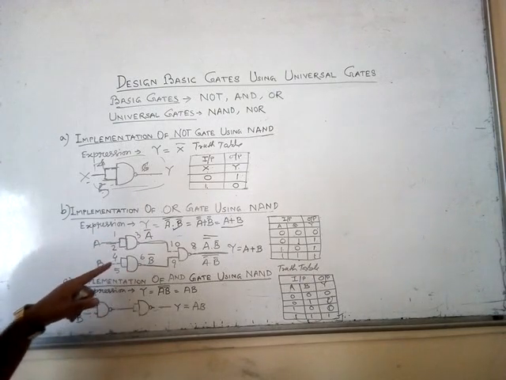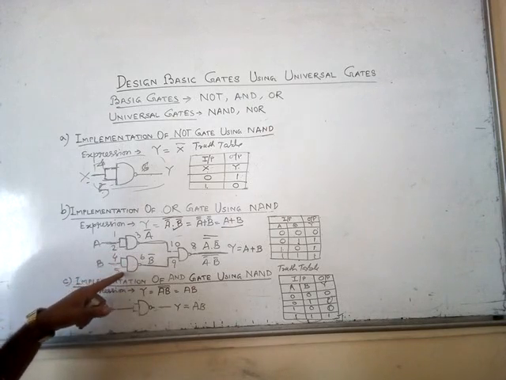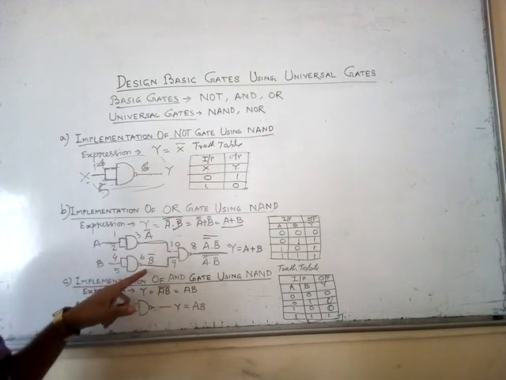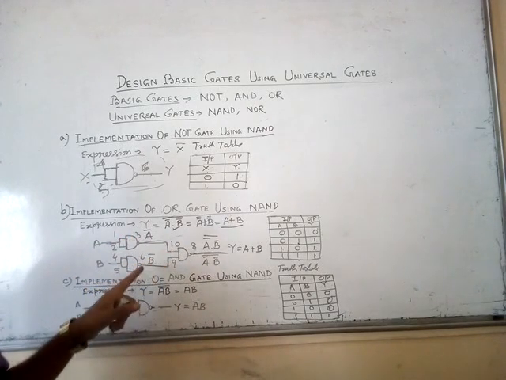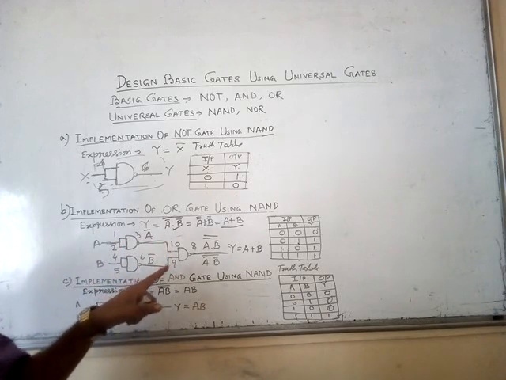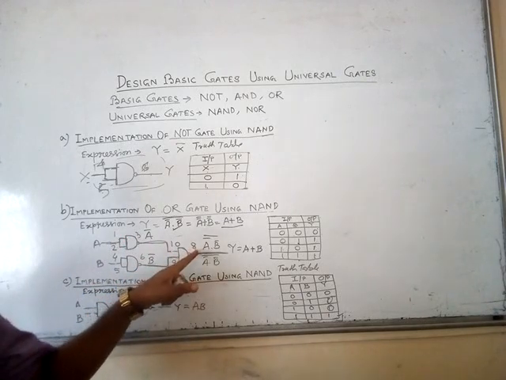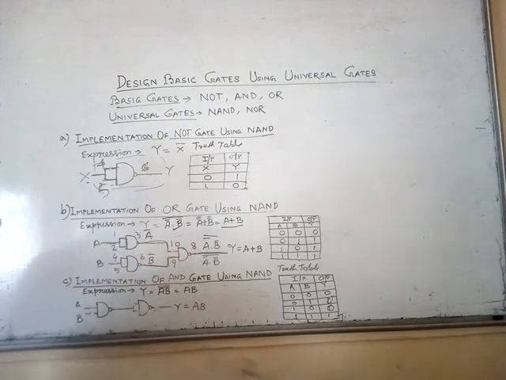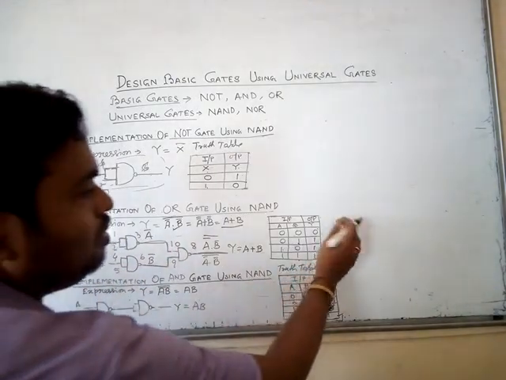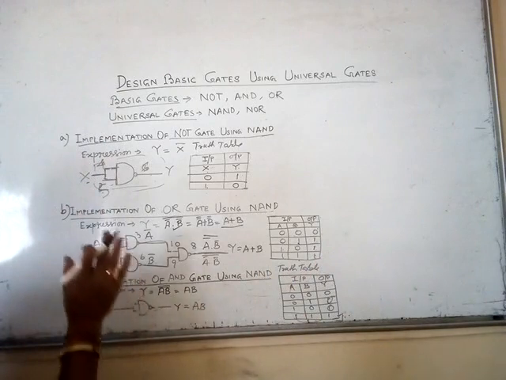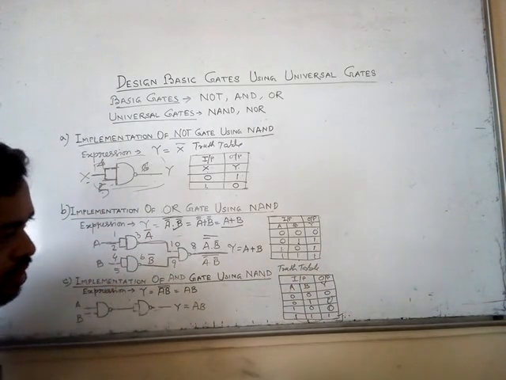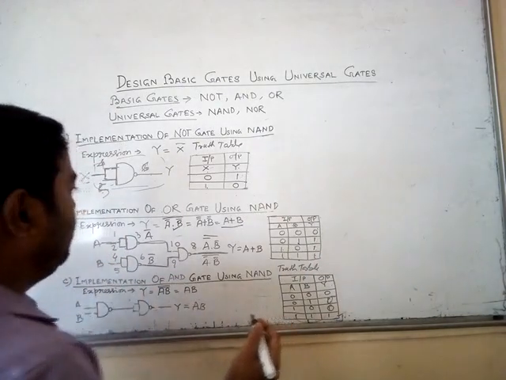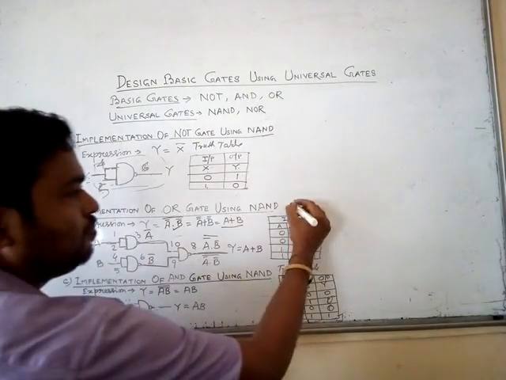Next, input B goes to pin number 4, then 4 and 5 are shorted. Output from 6. Then pin 3 and 10 are shorted, and pin number 6 and 9 are shorted. Finally, we get the output from pin number 8. Whatever we learn, we have to give the pin numbers of any digital circuit, then we design the circuit on the breadboard. So let us check the truth table.